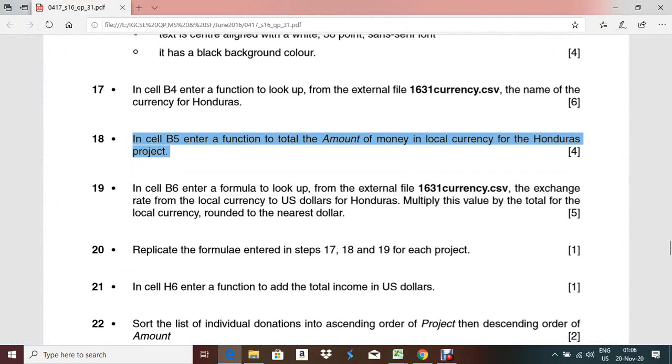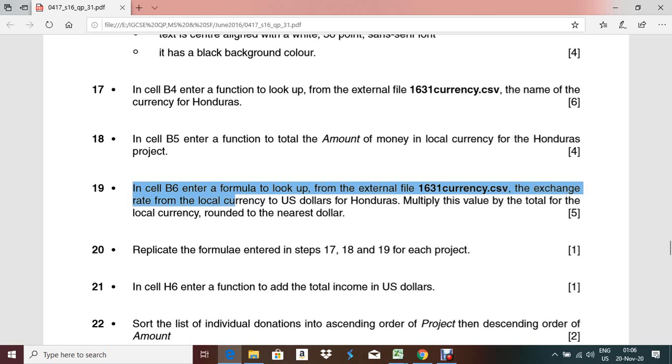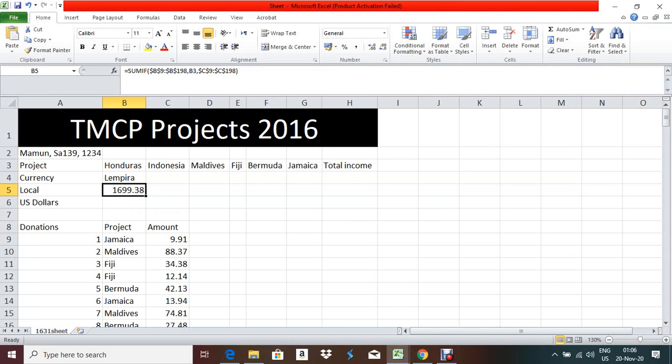Now what they're asking: in cell B6, enter a formula to look up from the external file currency the exchange rate from the local currency to US dollar for Honduras, and multiply the value by the total for the local currency. So this is our local currency, right? So what you have to do first,